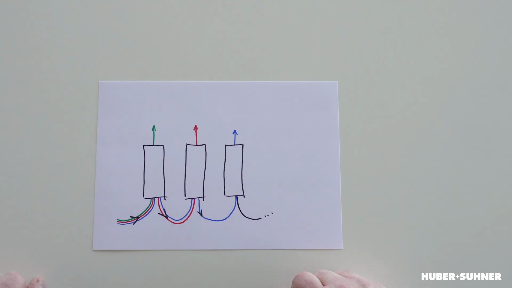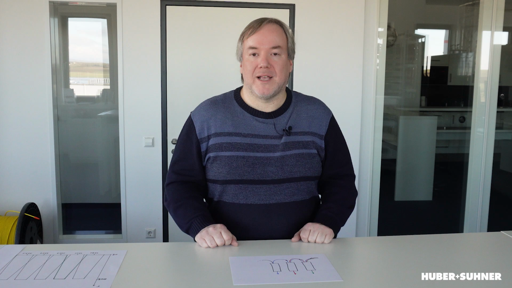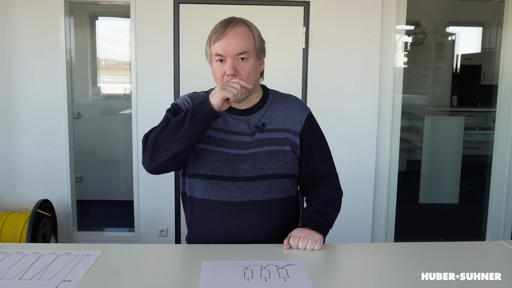One wavelength is passed, in this case the green one, the rest is reflected, goes into the next filter, one is passed, the red one, and so on and so forth. This is the basic principle to divide all the different colors completely passively into, for example, separate fibers. So now the question is, how does such a filter work, or what are the requirements for such a filter?